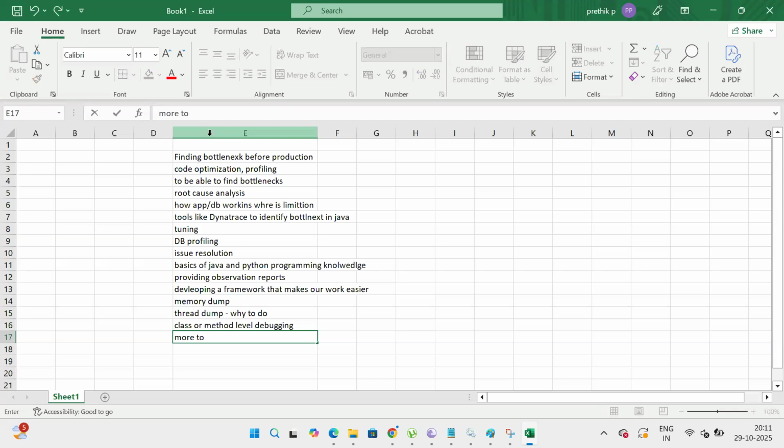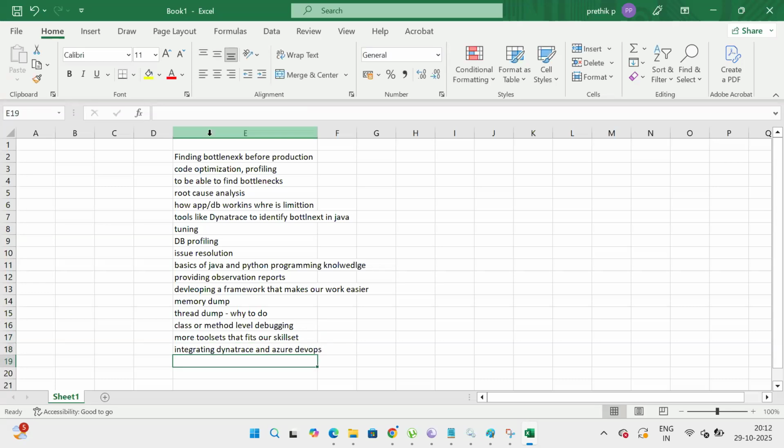More tool sets that fit our skill set. Integrating Dynatrace and Azure DevOps. Good. Front-end analysis. Good.